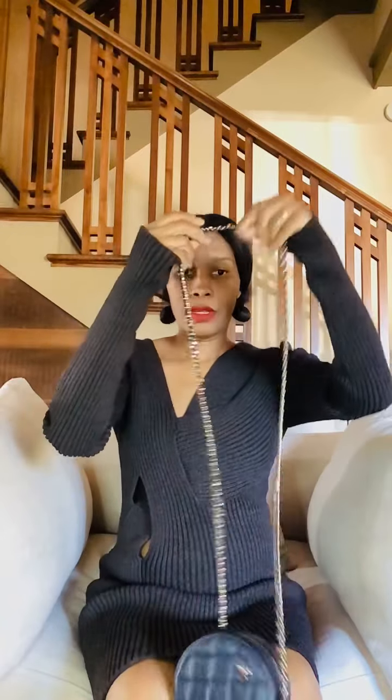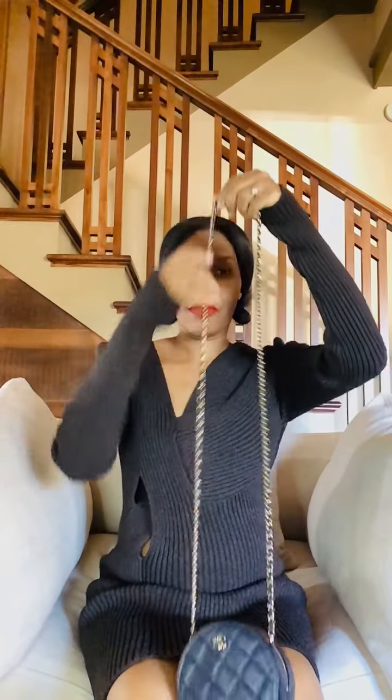Okay. And last but certainly not least, of course, is my Chanel round bag, and it is actually navy blue, and it gives the illusion of black. So depending on the lighting, I think people actually think that it's black, but it's actually a navy blue color. And so that's of course what sparked my interest,